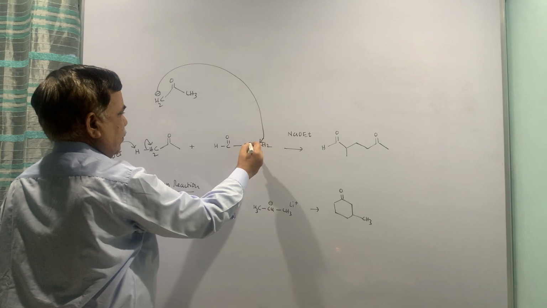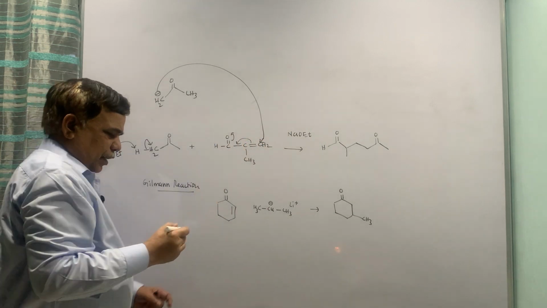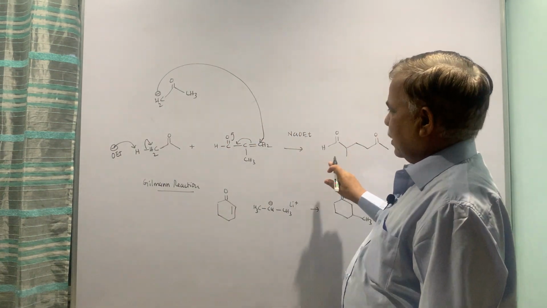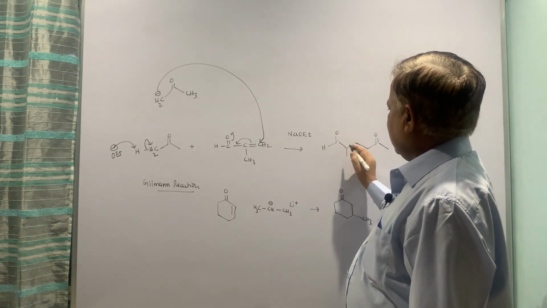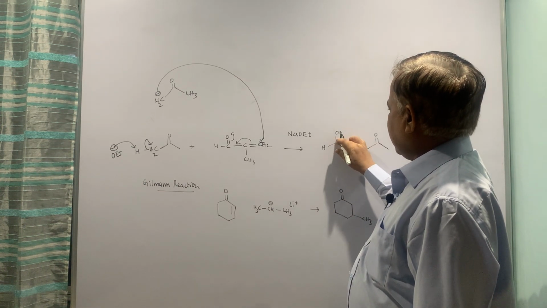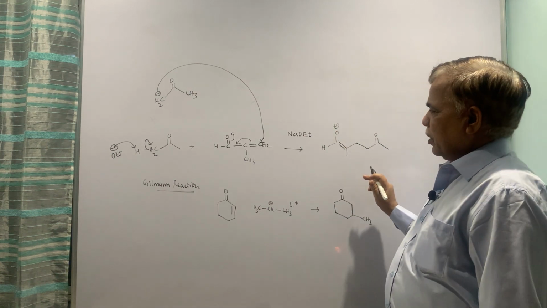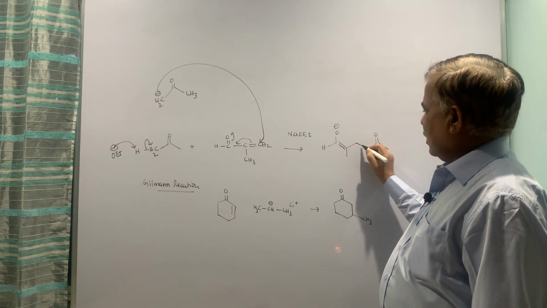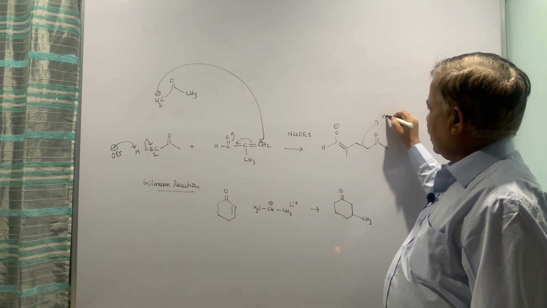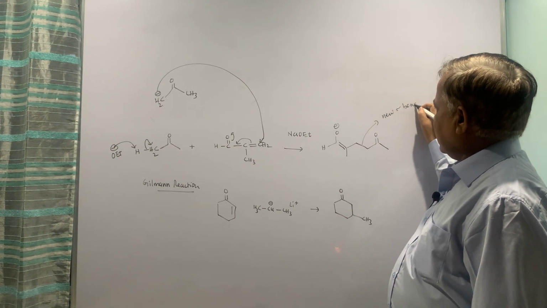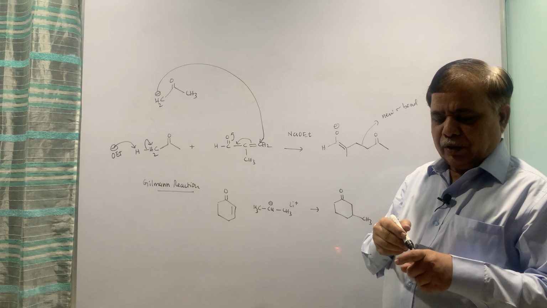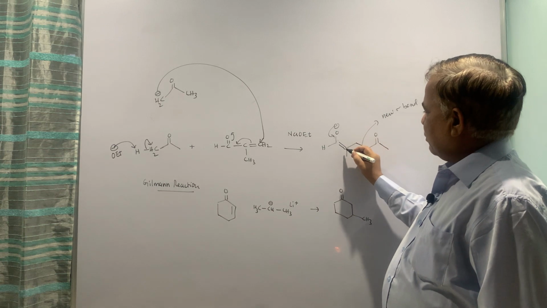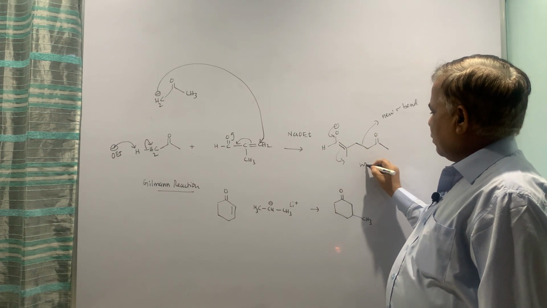add here. We can show the attack. Maybe the arrows are little longer, but doesn't matter. And as a result of this, initially you will have a double bond here and the enolate ion, to be precise. Rest of the things are there, CH3CO, this is the CH2. Now this is the new sigma bond which is getting formed. This is new sigma bond, and since it is a sigma bond forming reaction between two carbon atoms, these reactions are important. Now once it comes back, it takes up the proton in workup, and you will get the